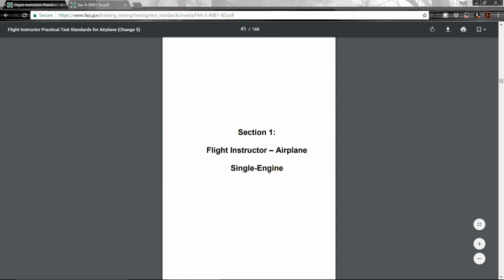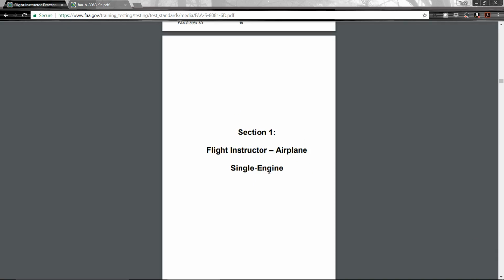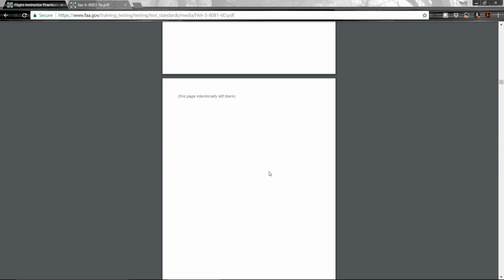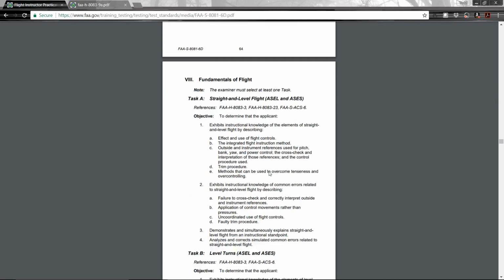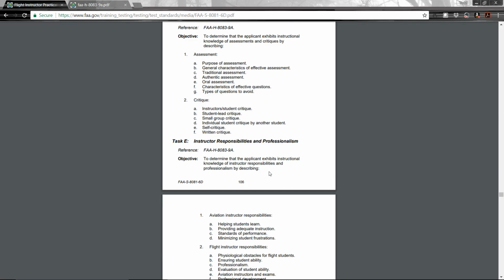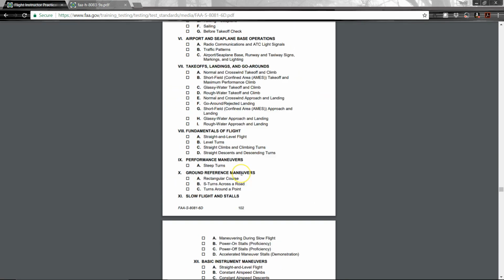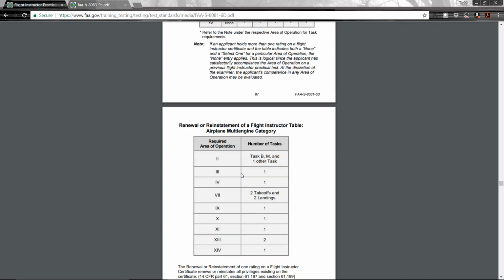So if you're going to be a single engine instructor, well, this is where you would start. If you're going to be a multi-engine instructor, well, you've got to scroll down. Let's see here. All right, big money, no whammies, and stop. Oh, I just passed it. All right, so you would go back up to the part here where it